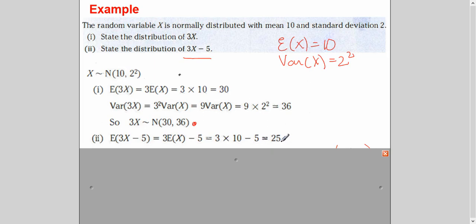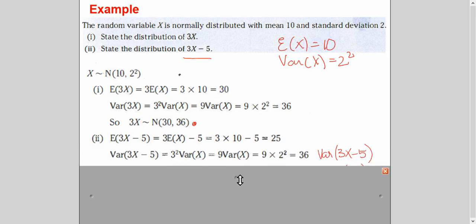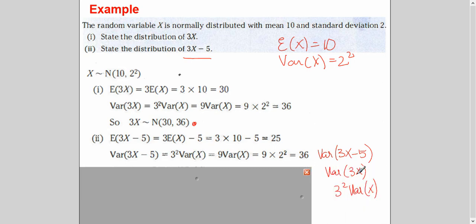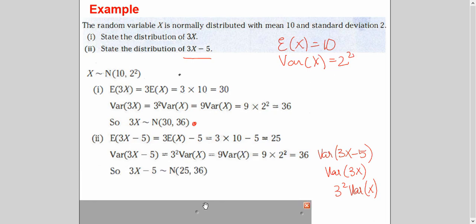And you got 25. Now we have to find the variance also, because the question is saying find the distribution of it. So the variance of 3x minus 5 will be 3 square times the variance of x, minus or plus nothing, because the variance of a constant is 0. You can see here I have done it stepwise for you, though it is also fine here, just a little more breakup so that you can understand. The variance of x was 4, so we have written here, and this is how we found the distribution of 3x minus 5, right? And here it is of 3x.